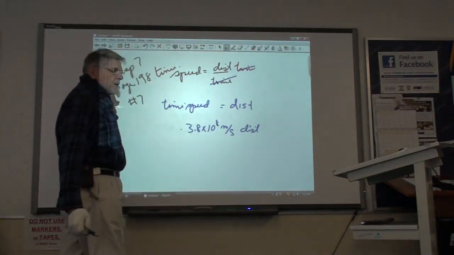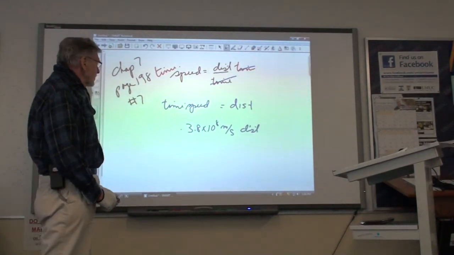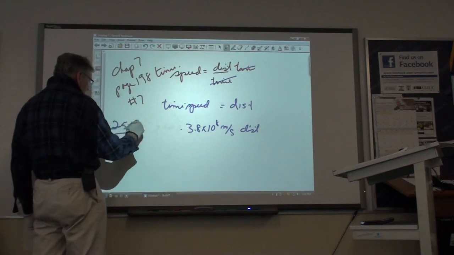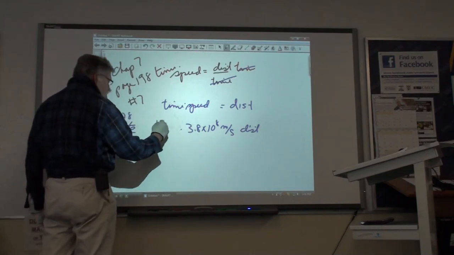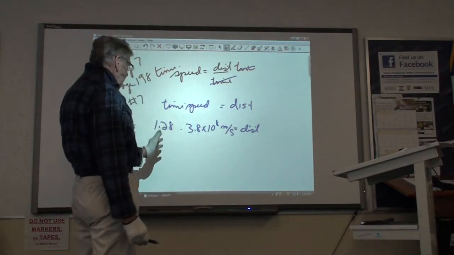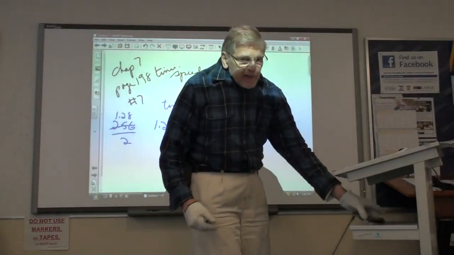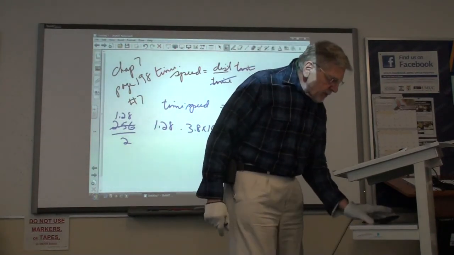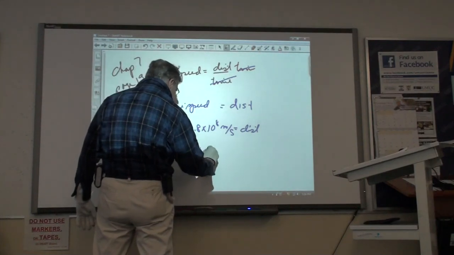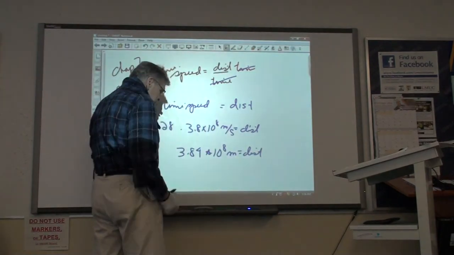But they want to know how far away the Moon is. So how long did it take the signal to get to the Moon? Well, the 2.56 seconds was a round trip. So to get the one way, you have to divide it by 2, 1.28. So is equal to the distance. So you multiply 3.0 times 1.28, and you use your calculator as before, and you will get 3.84 times 10 to the 8 meters. Is equal to the distance. So that is the answer to this problem